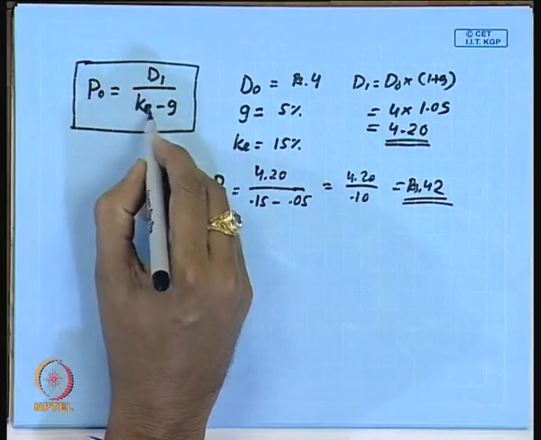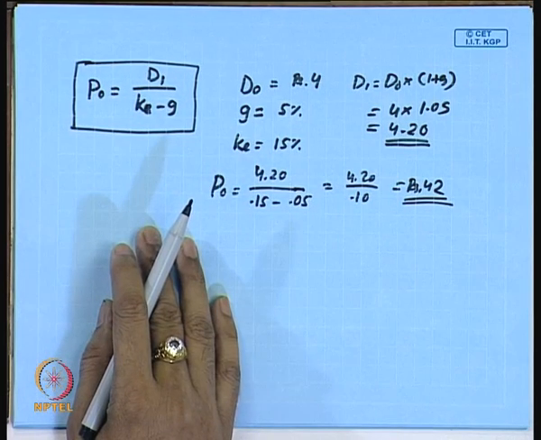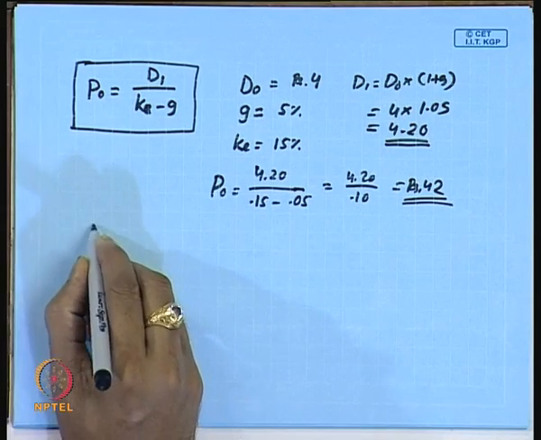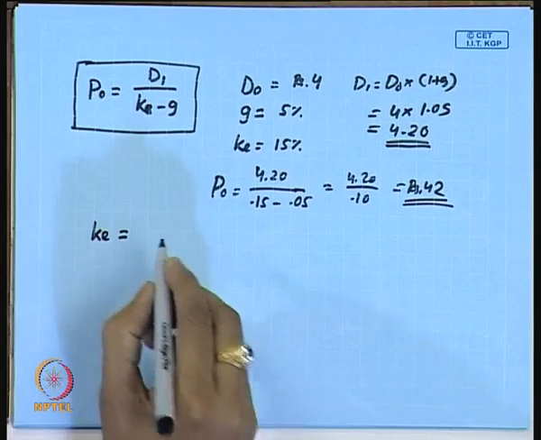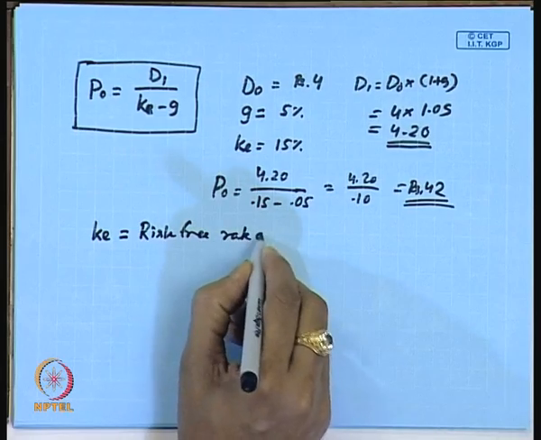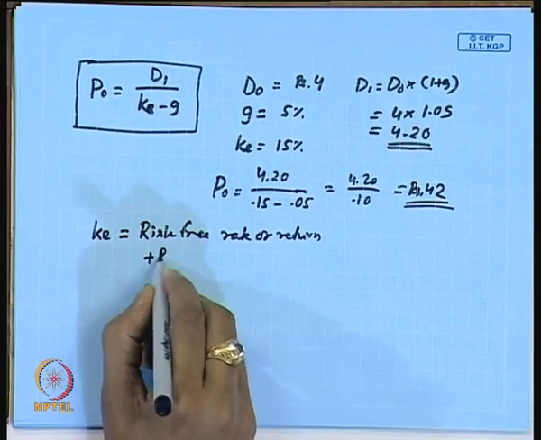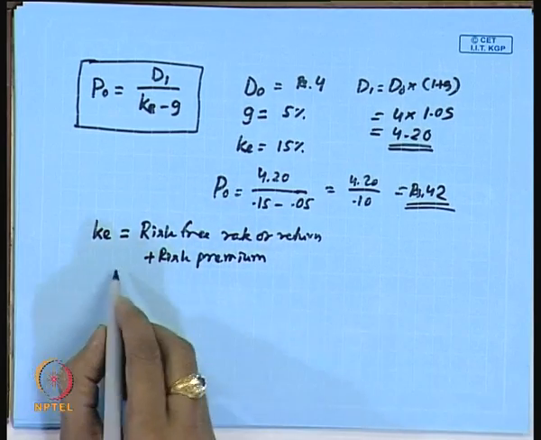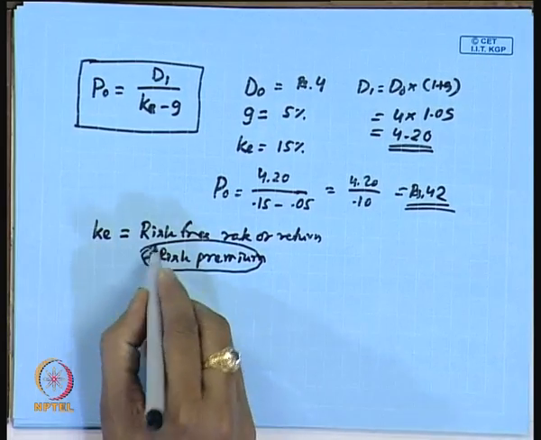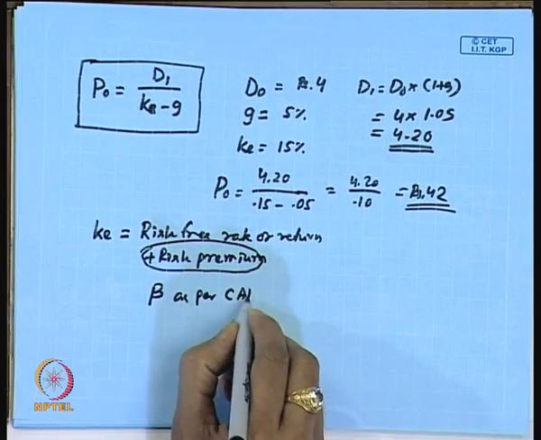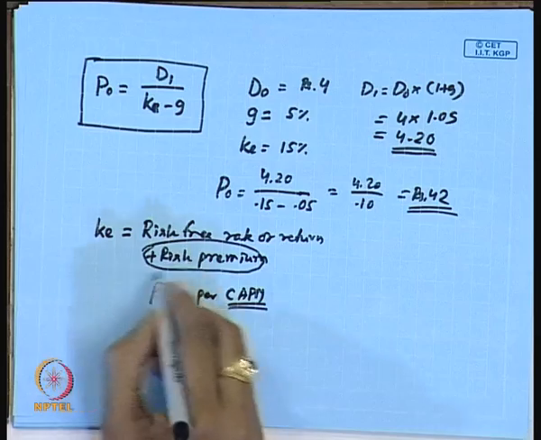Now, in this model we talked about the cost of equity, which is nothing but the expected return of the equity investors, which depends upon the risk involved in the particular company. The equity holder is always expecting a risk-free rate of return plus some risk premium for the risky investment, because equity investment is risky. This risk premium can be taken care of with the help of beta, as per CAPM; applying CAPM and beta, one can find the risk premium.